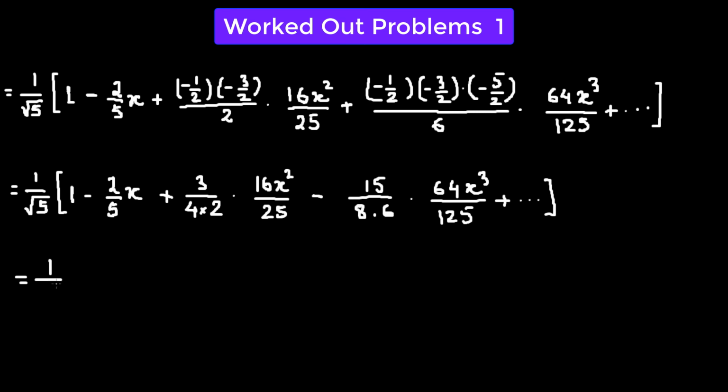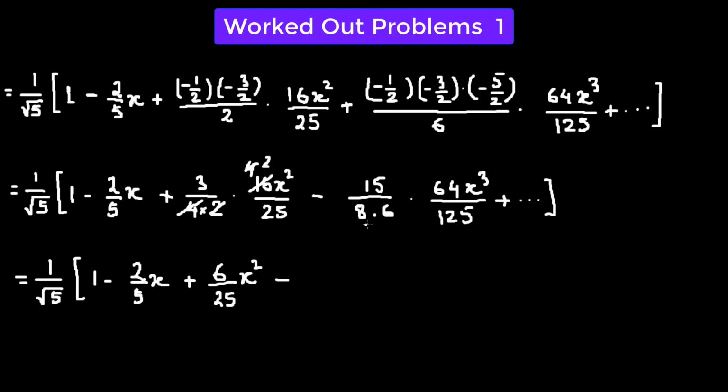This will be equal to 1 over square root of 5 times 1 minus 2 over 5 times x. So we have 4 here, so 4 times 4 is 16, so we have 4 in the numerator, also 2 times 2, so that leaves us a 2 in the numerator. So we'll have 3 times 2, which is 6. We'll have 6 over 25 times x squared